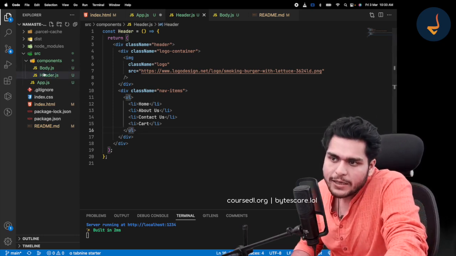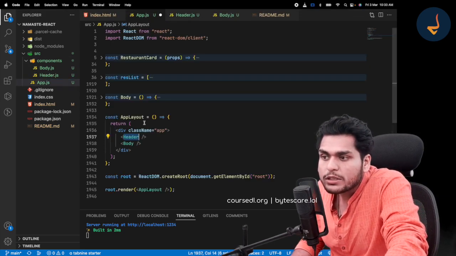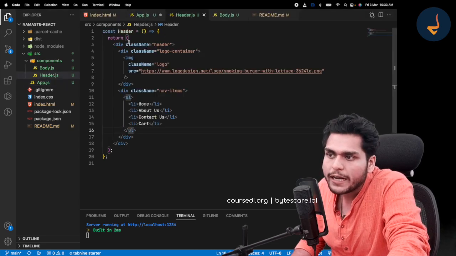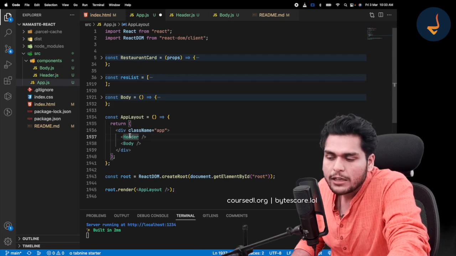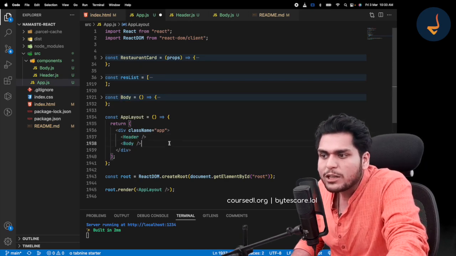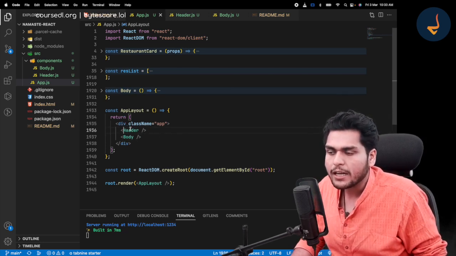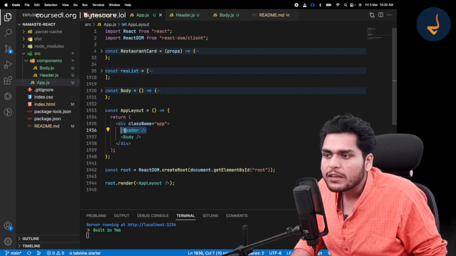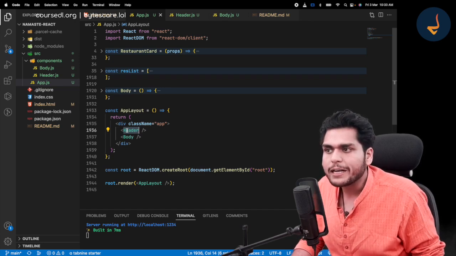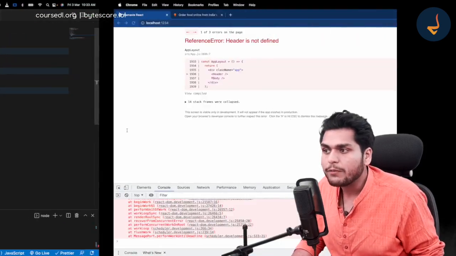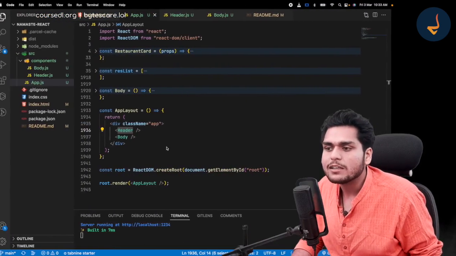But now this is a separate file. We are using this header component inside my app.js, so if I save my file, React will throw an error. It can no longer find this header component. If you go to the page, it will say header is not defined,